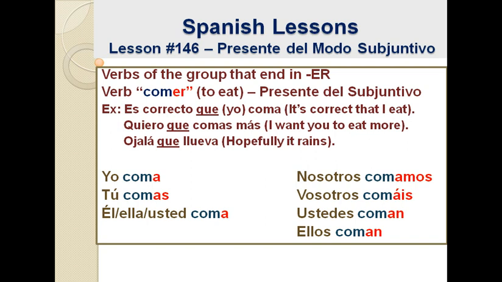Vosotros comáis. Ustedes coman. And ellos coman. Or we can also say que yo coma, that I eat. Que tú comas, that you eat. Que él or ella or que usted coma, that he or that she or that you eat. Que nosotros comamos, that we eat. Que vosotros